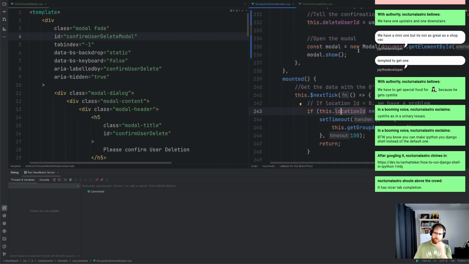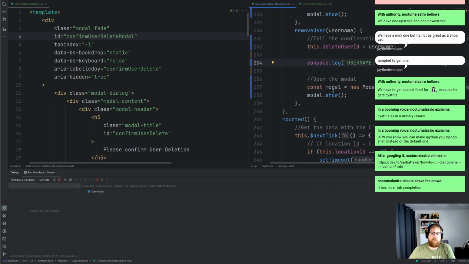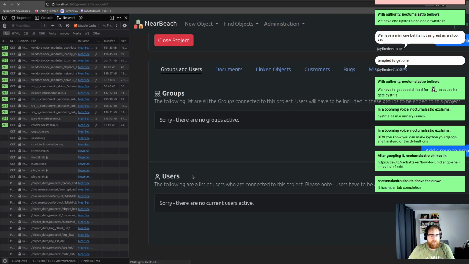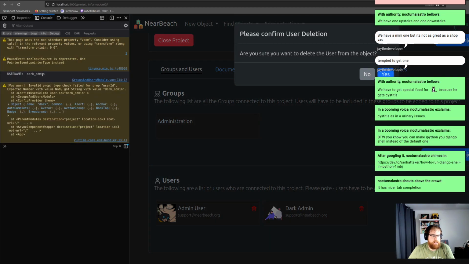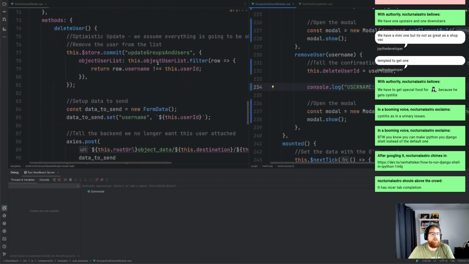So this file shrinks. Now I'm just going to have a console log username, this.deleteUserID, because I need to confirm that this is working as intended. So I'm just going to refresh. I'm going to jump onto our console. I'm going to hit delete. It's dark admin. Okay, so if I go over here,